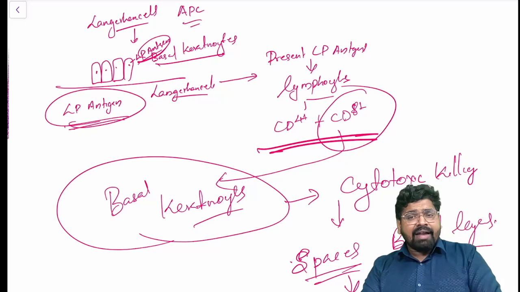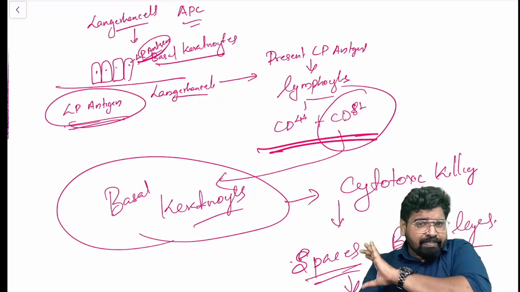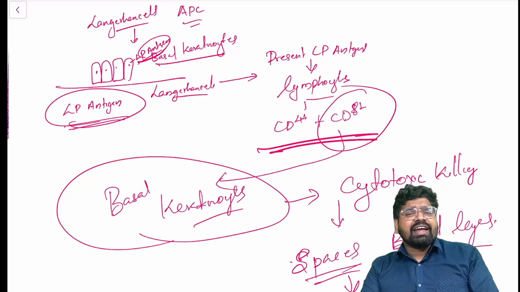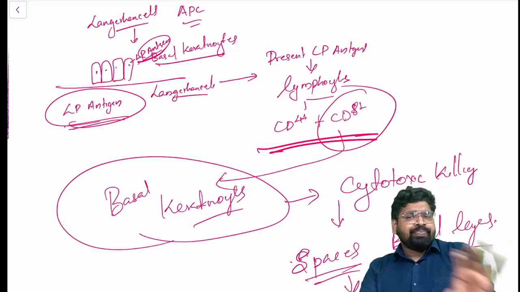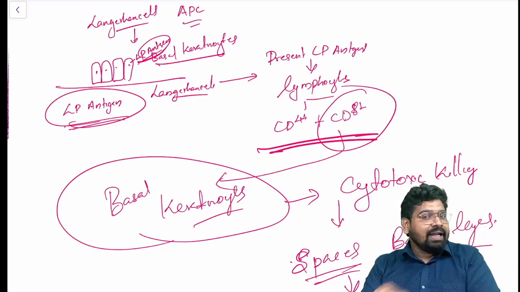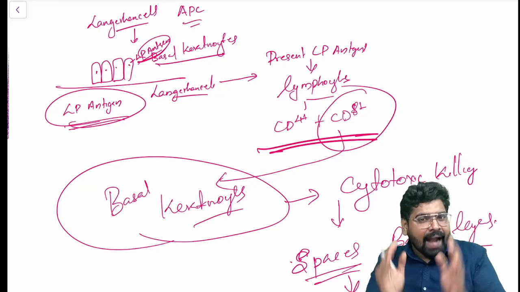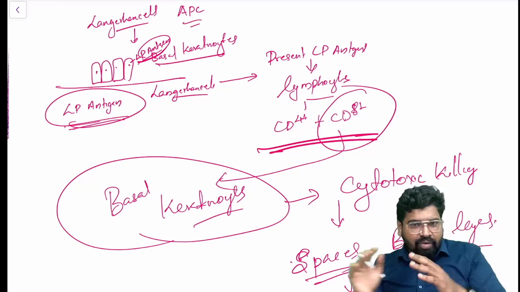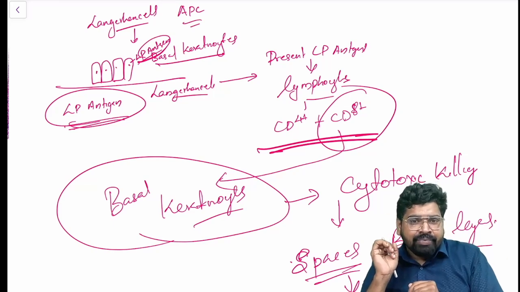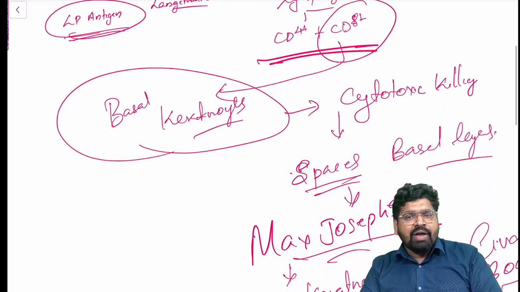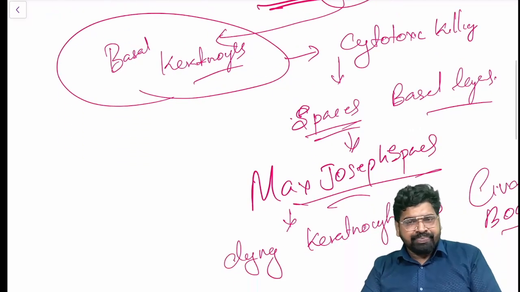That's why in lichen planus, in the histology, you see a dense band of lymphocytic infiltrate in the basal region, below your epithelium, in the juxta-epithelial region: a juxta-epithelial band of lymphocytes. Why this? All the CD4 and CD8 came there. They attack the basal keratinocytes, and they induce cytotoxic killing.